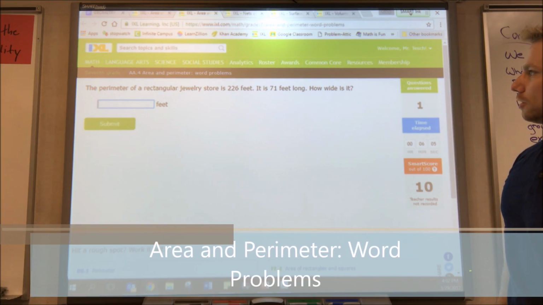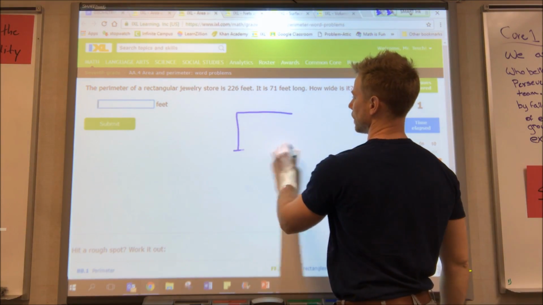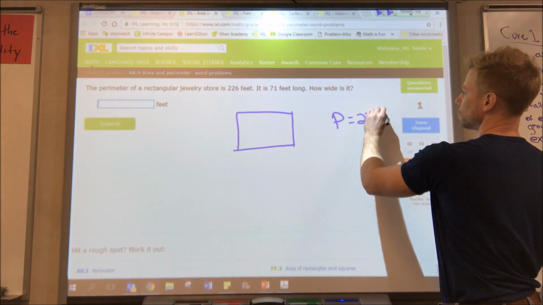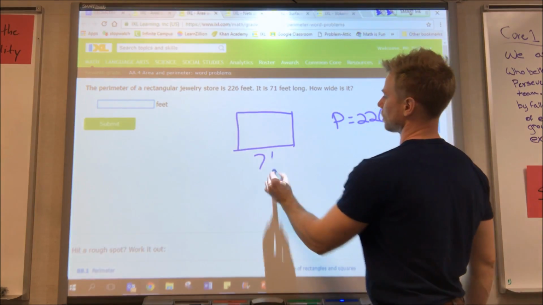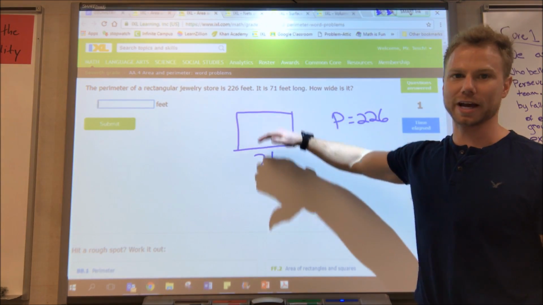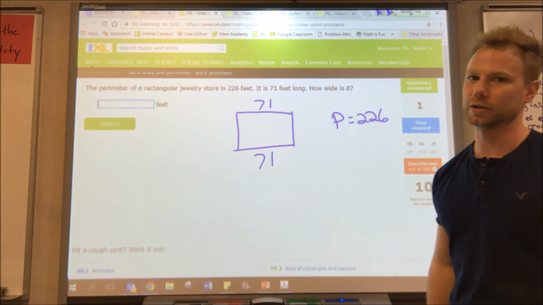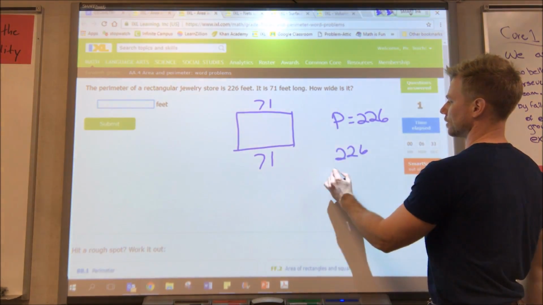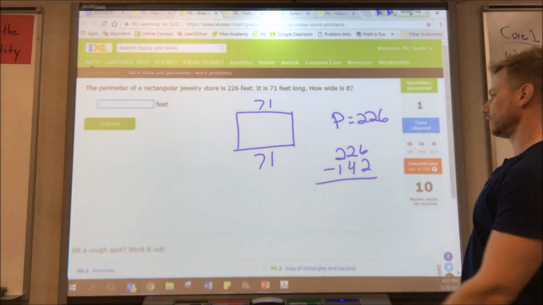The perimeter of a rectangular jewelry store is 226 feet. Okay, so we know it's a rectangle. The perimeter is 226. It is 71 feet long. How many feet wide is it? Now remember, in a rectangle, opposite sides are equal. So if that side is 71, the top side is also 71. So that makes 142. So if we subtract 142 from 226, we get